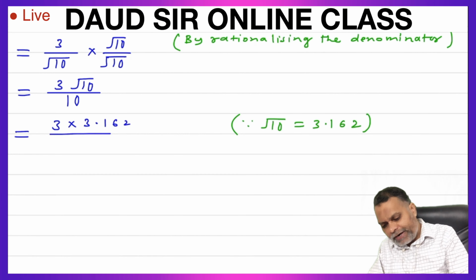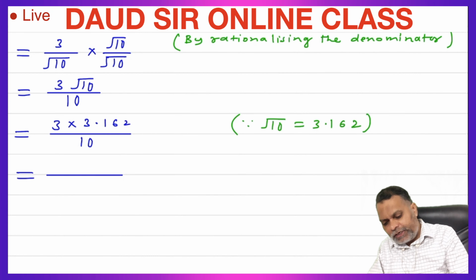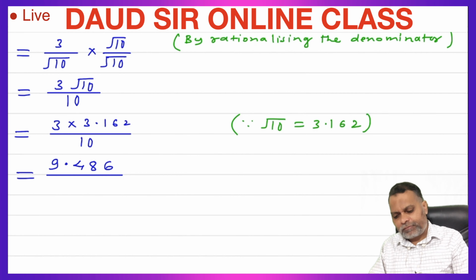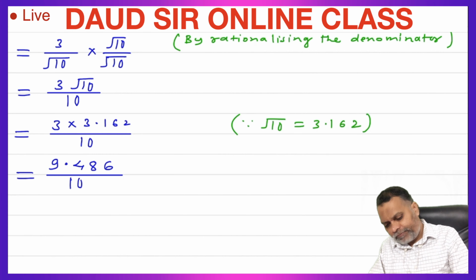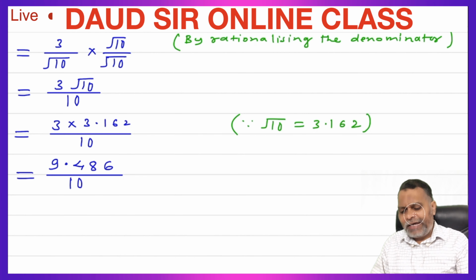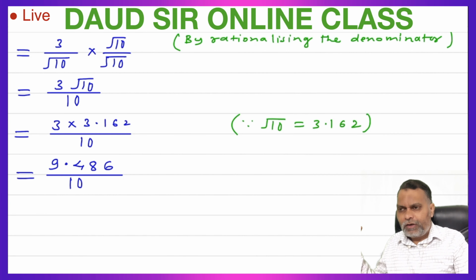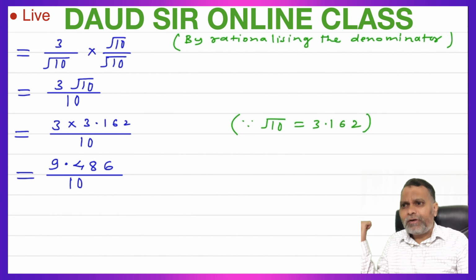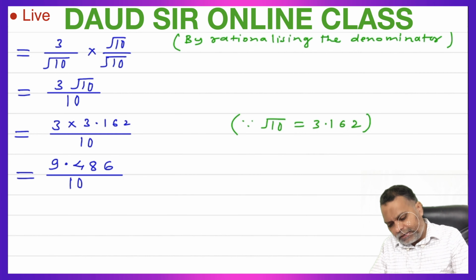3.162 divided by 10. First multiply by numerator. 3 2s are 6, 3 6s are 18, carry over 1, 3 1s are 3, 1 is 4, put decimal, 3 3s are 9. Divided by 10. When we divide by 10, then this decimal will shift 1 digit to the left side. So directly dividing by 10, it is